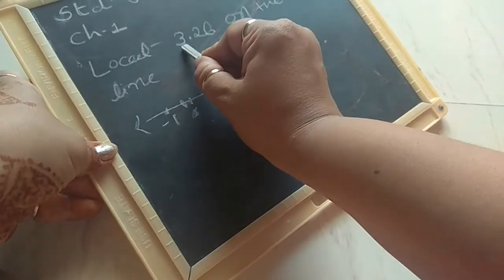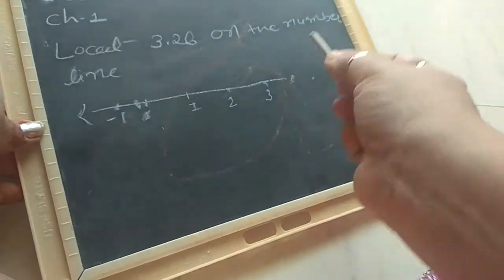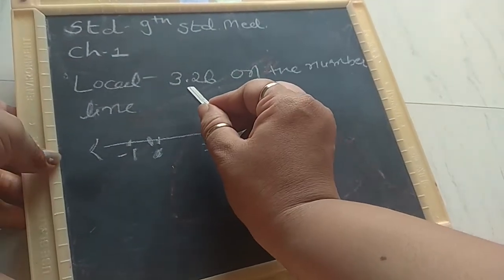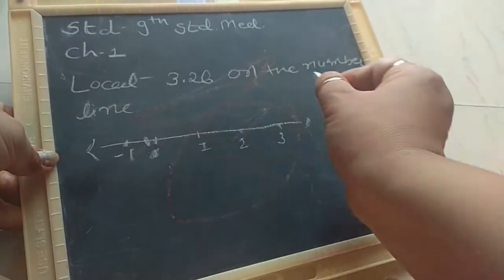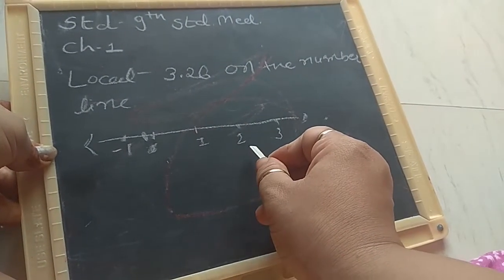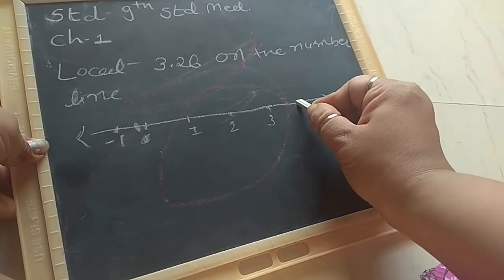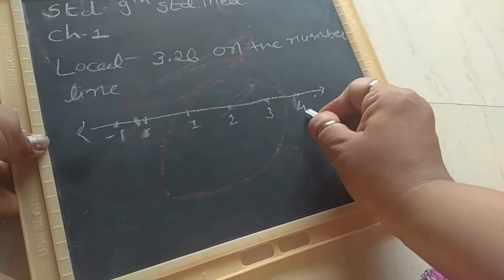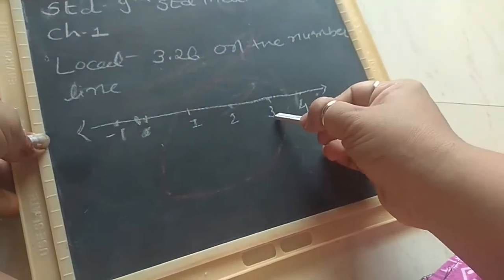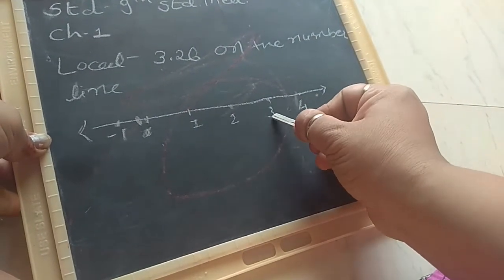Now my number is 3.26 on the number line. What do I have to find? 3.26 on the number line. So 3.26, that means one more number I have to add. 4, right? Because this 3.26 will come after that 3 and